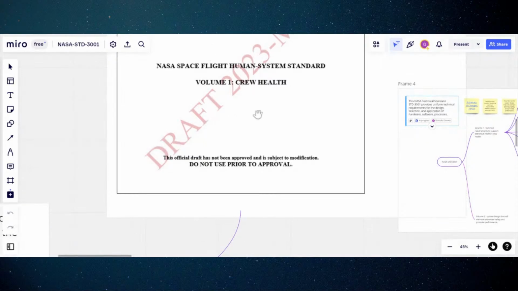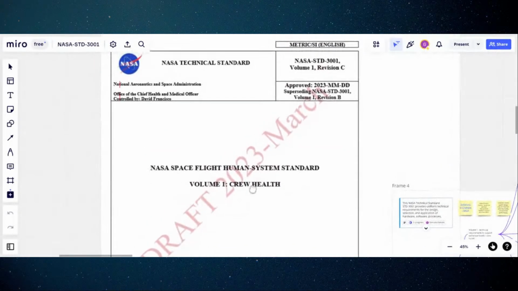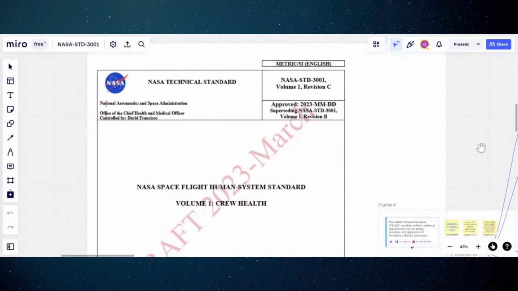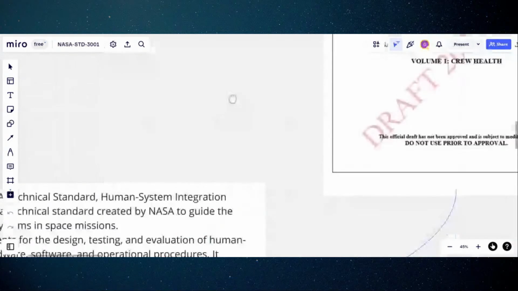Let's go back to our Miro tab. Again, it was approved. The standard is in its revision C, and I've got a ton of links that you guys can later use. What's important in here when we look at the NASA technical standard is to understand why it is needed. So I'll go back to what I asked ChatGPT this week, okay?